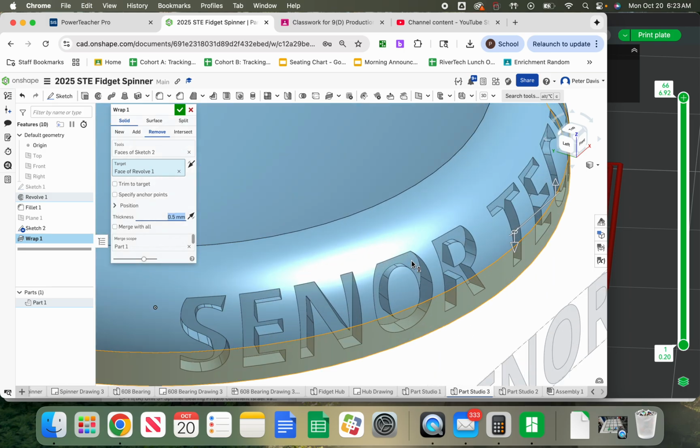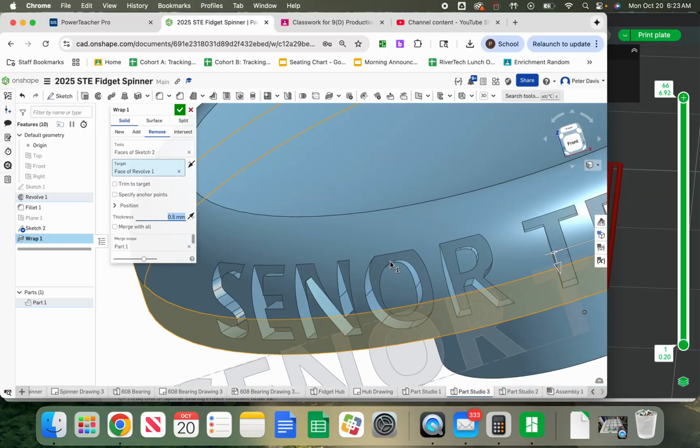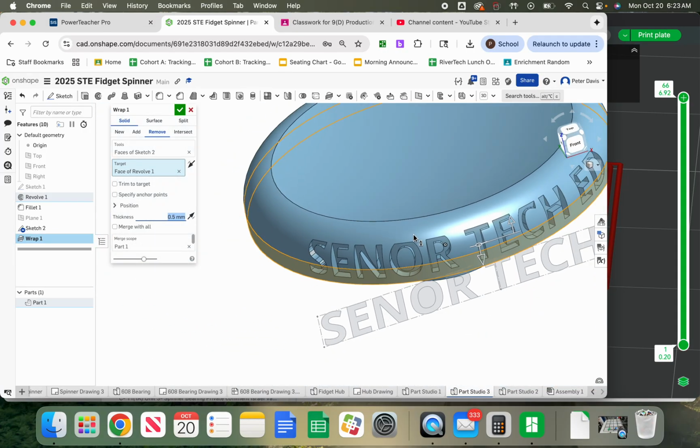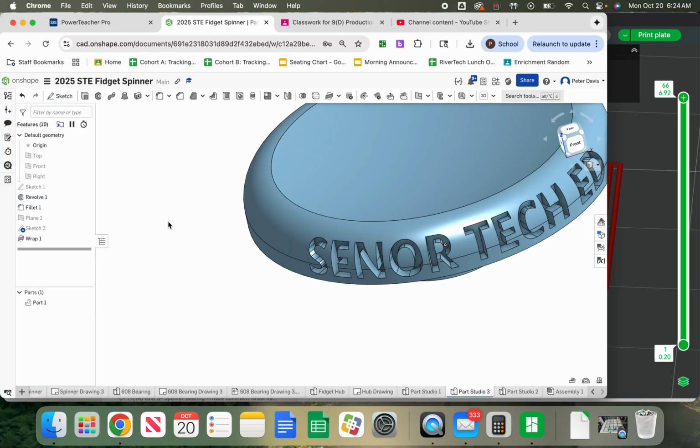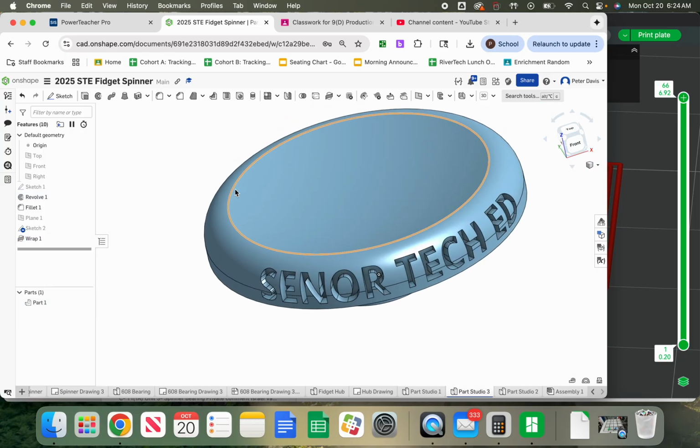Okay, and what you'll notice is the top of my text is getting cut off as the curve drops away. All right, so I'm going to try 0.75 and see if that works. Okay, 0.75 seems to work. I'm getting the top of my C. None of my text is really getting clipped off. So that seems to be a nice sweet spot. So I'm going to hit merge with all and then green check. So now that that's done,